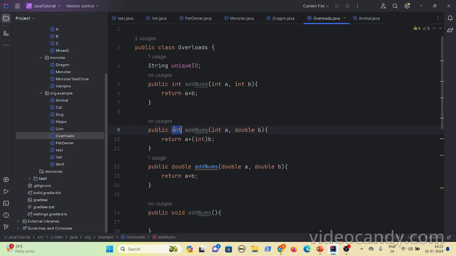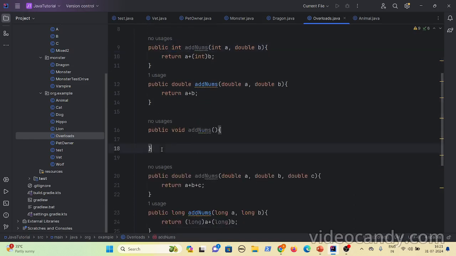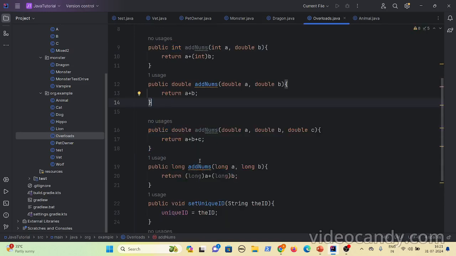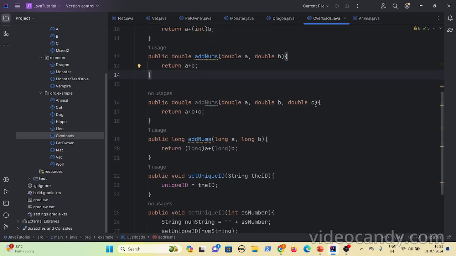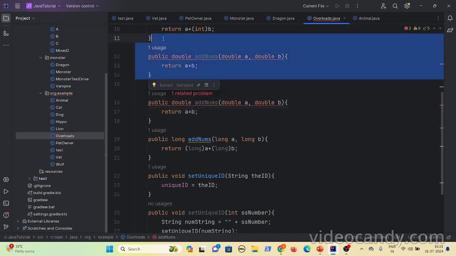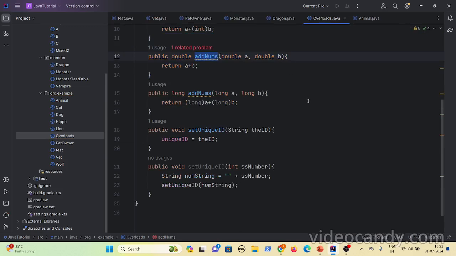What does that mean? Let's say I'll consider this one. I'll remove this. Now if you see here these two methods, double A and double B. Let us see these two methods. In these two methods, what is happening? In these two methods, return types are different. So if you look at the parameters, the parameter types are also different. Let's say I'll put double here, and I'll put double. Now if you look, only the return type is different. Here the return type is double and here the return type is long.